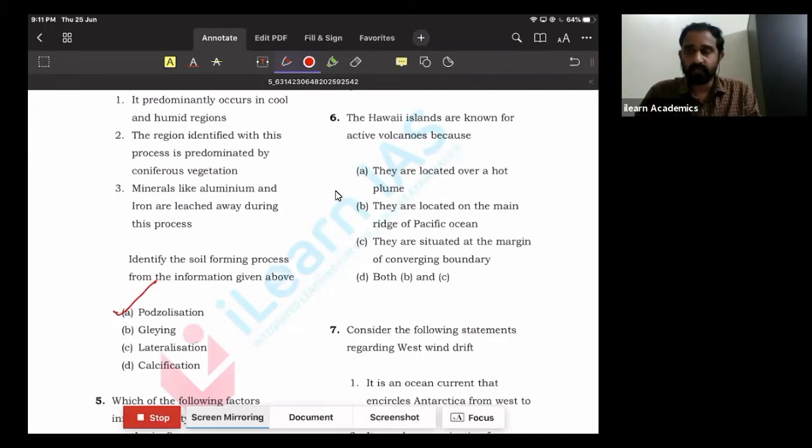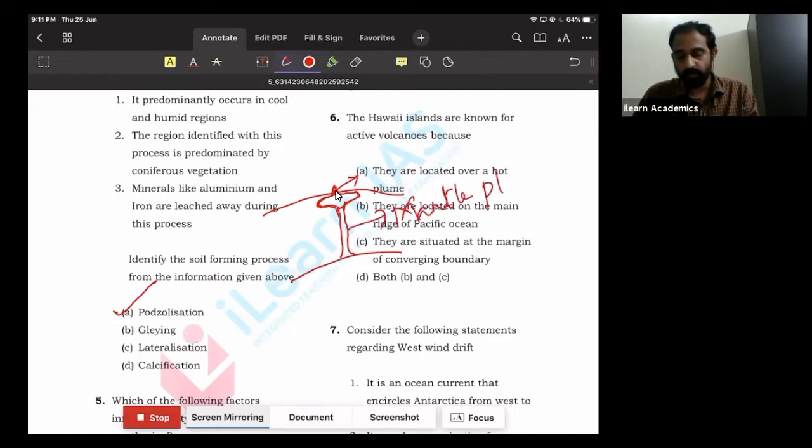And here the process which leads to the formation of volcanoes is the presence of something called a mantle plume. Mantle plume is actually hot molten rock rising from the core-mantle boundary to the surface. On the surface there will be a bulb-like structure, and then there will be volcanoes. These volcanoes are called hot spots, and this is called a mantle plume or hot plume. Okay, so the answer is A.